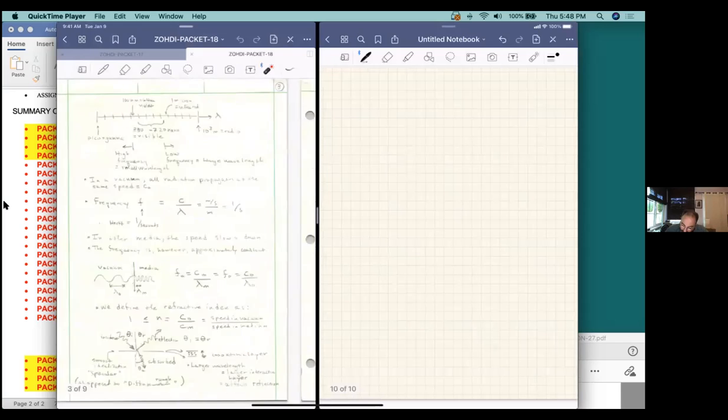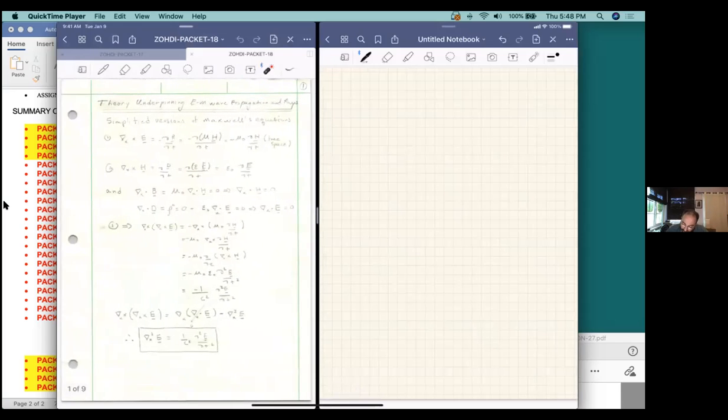Packet number 18, just go here quickly, moment. So packet number 18 was essentially the theory. So packet 18 was a theory of how you go from classical electrodynamics or electromagnetism to the concepts of flow of light